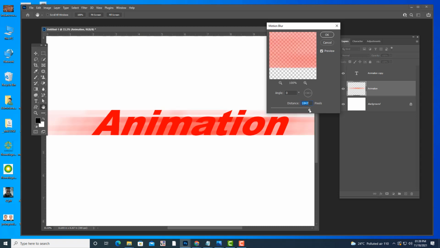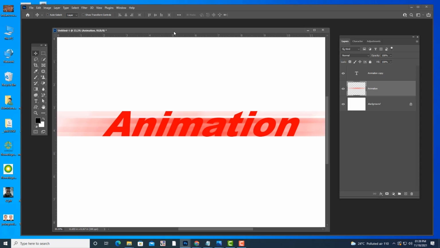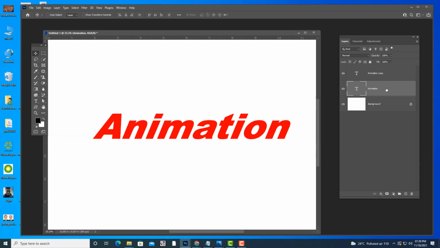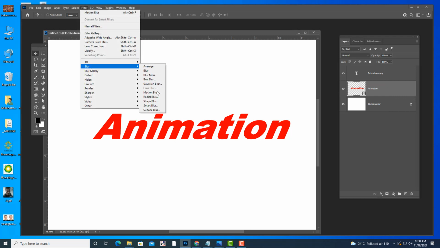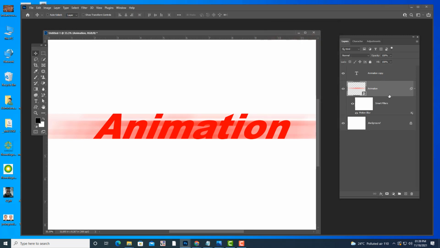You can create something like this. And you can also do one thing. Convert it into a smart object, and then apply a filter, blur, motion blur. What is the advantage of using a smart object? We are going to get a smart filter. What is the use of a smart filter? I can remove this effect from some parts.